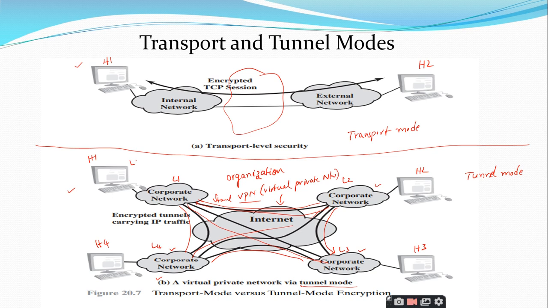Two important points you should remember: the transport mode provides the security services between two directly connected hosts, whereas the tunnel mode provides the security between the individual private networks of the same organization that are located in different locations. So you are going to establish a tunnel. Tunnel means nothing can be seen outside. In further discussions we will see what advantages we have with the tunnel mode. Once we have a brief idea of what transport mode and tunnel mode are, let us go into the discussion of the transport mode ESP.